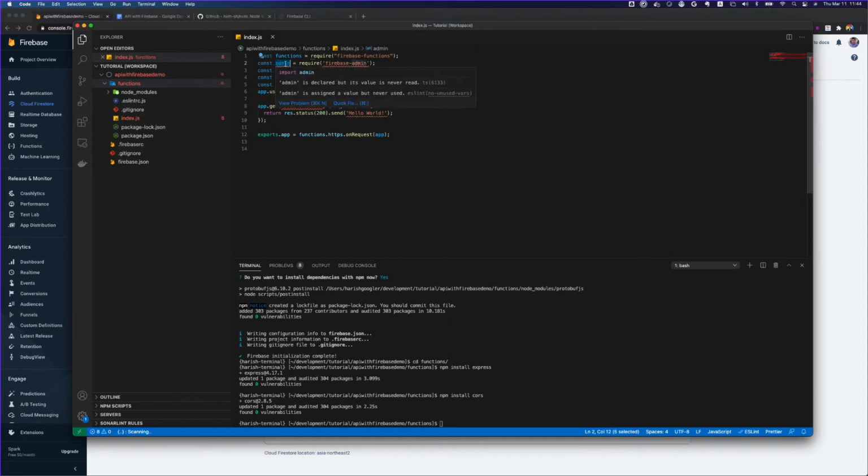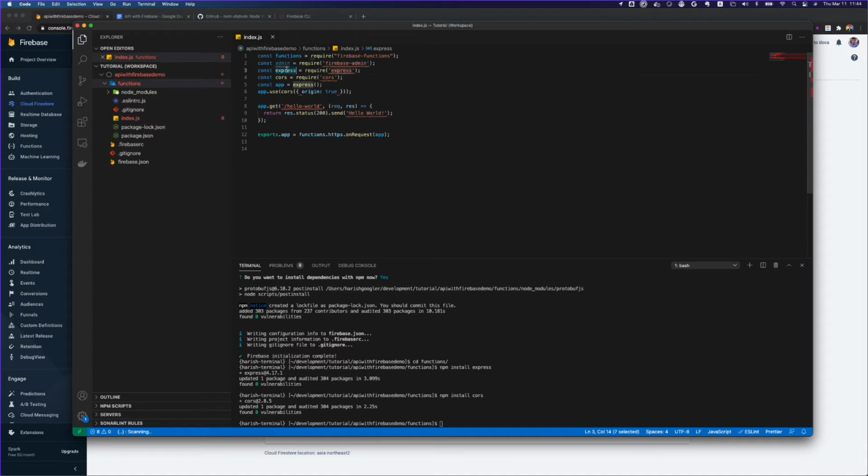First I'm importing admin, which is Firebase admin. And why do we need this? Because we want to get access to our database, that is Firestore, and we will be using this constant to get access to our database from our APIs, because we need to create, update and delete.